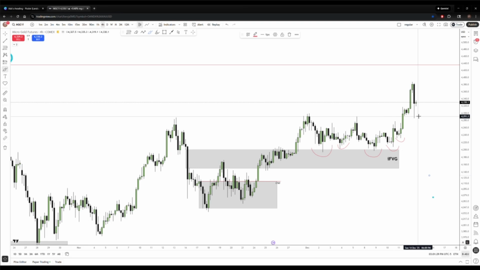You can see that the direction is moving where you want to go. Then we start swinging. This is a good one, like this one, the inversion fair value gap. Okay, now I understand what it is. Inversion fair value, it always happens because